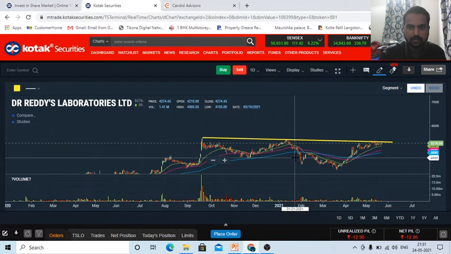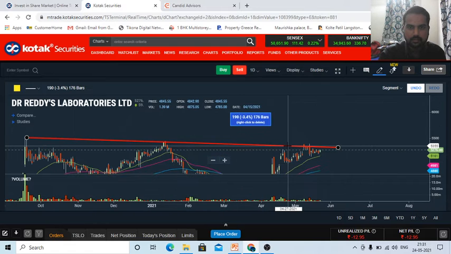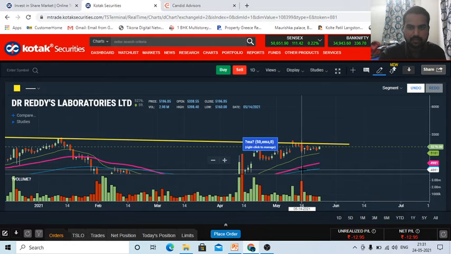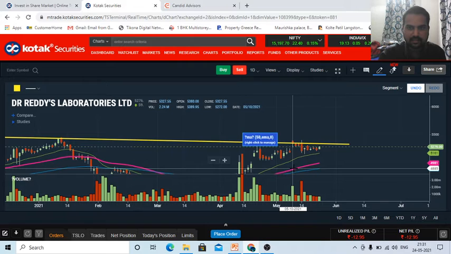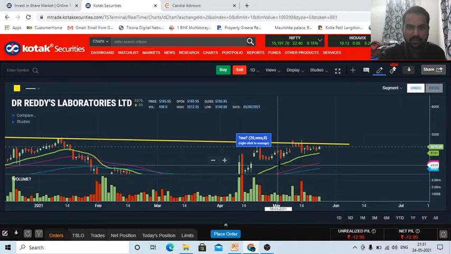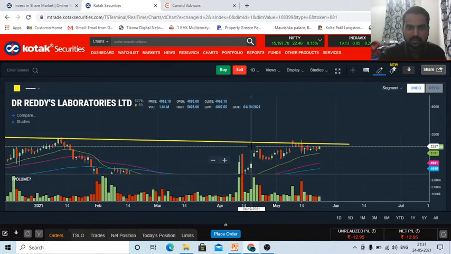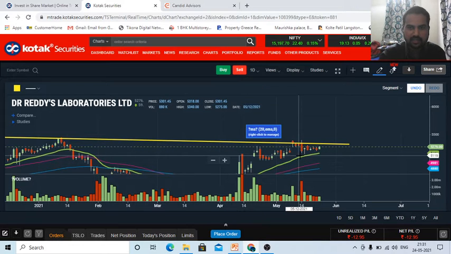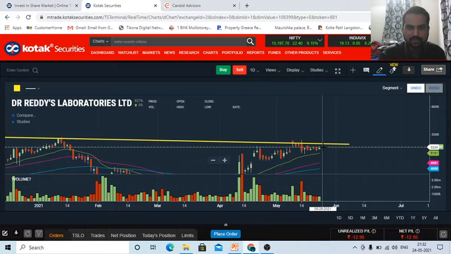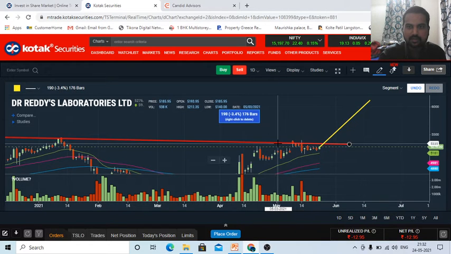And is this a third top? Looking at the chart, this is not going to be a third top because again this was the level 5300. The stock went to that level and it did not come down. So it is consolidating near the resistance zone, and consolidation near the resistance zone means it is going to break out. So it is very simple.